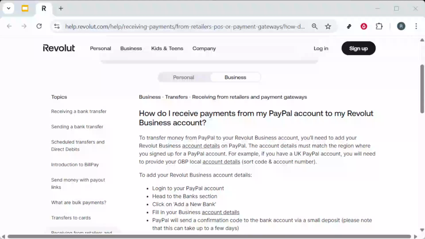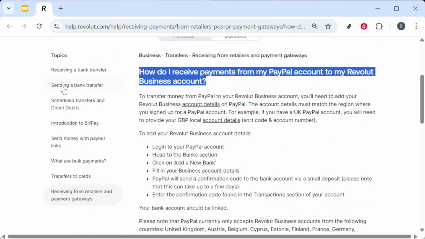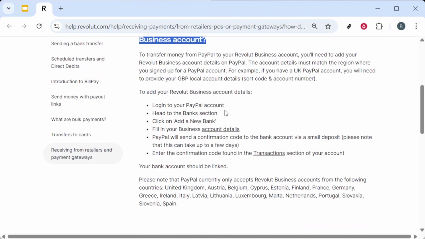In today's video, I'm going to teach you how to link Revolut Bank to PayPal Business. If you want to move money from PayPal into your Revolut Business account, the key is to add your Revolut Business bank details inside PayPal first. Once those details are saved and verified, transfers become